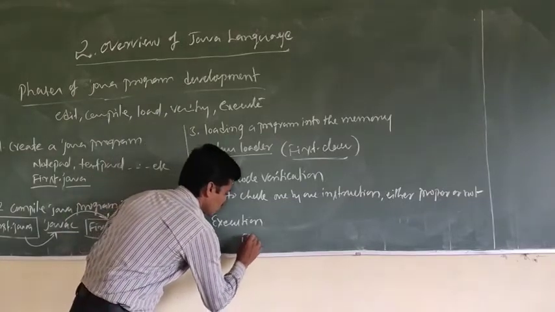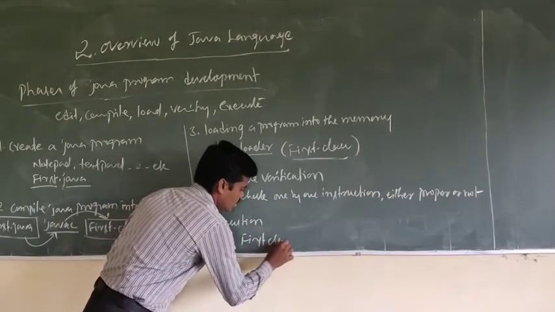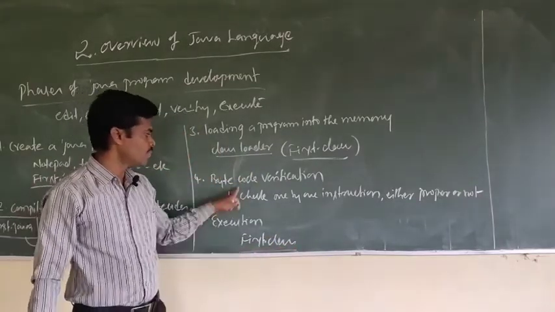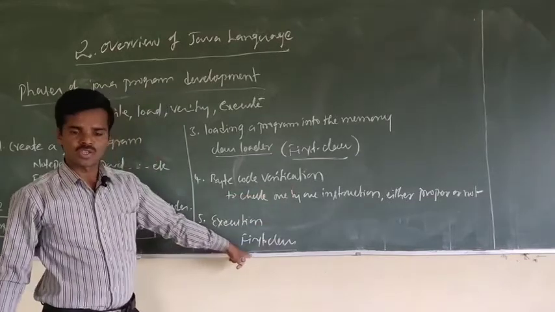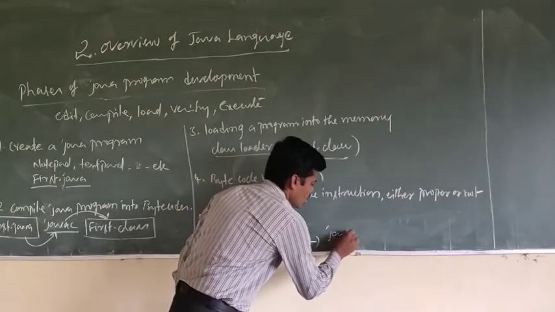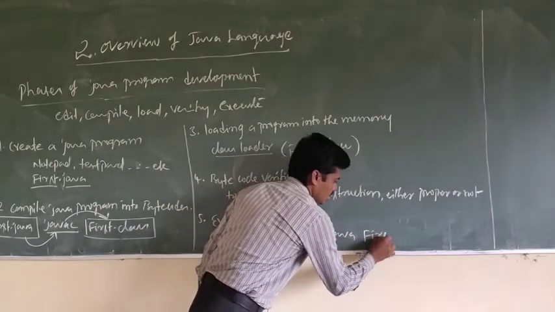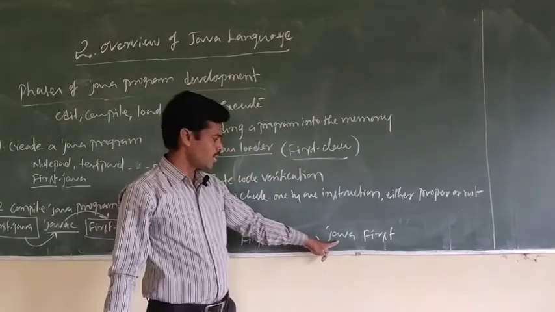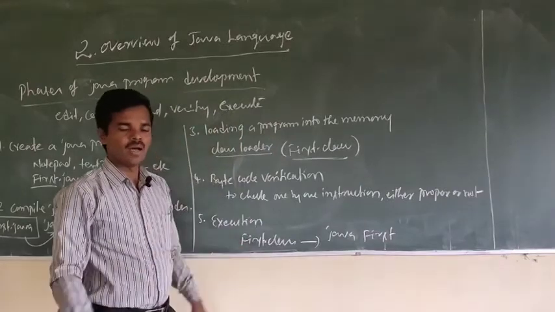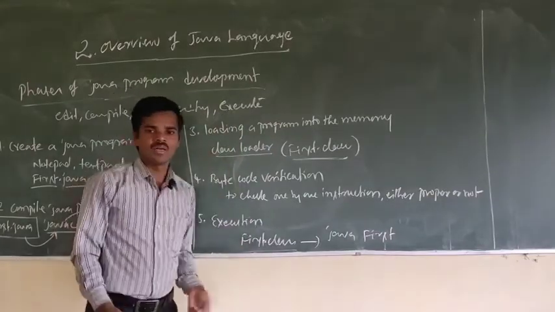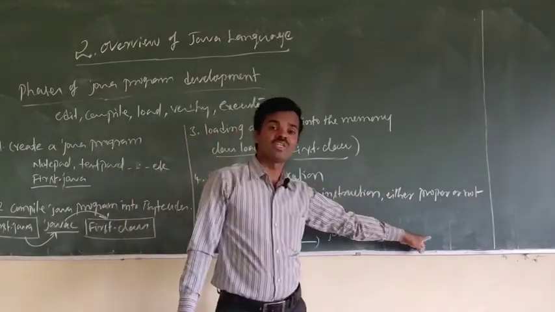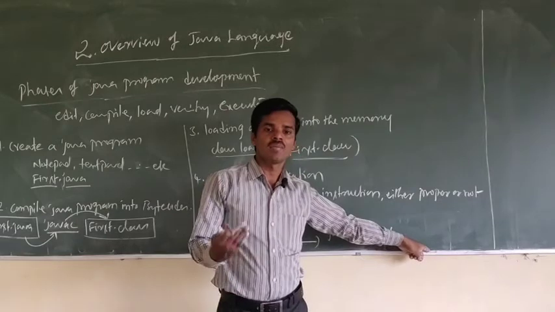For example, here see first .class. This file will be checked completely with the bytecode verification. All the instructions are proper. Now it is going to start running the program, that is called java First. Java is the interpreter and First is your file name. Now it will run and display the output. This will convert the bytecode instructions again to machine code. Then the machine code instructions will be run by the processor.